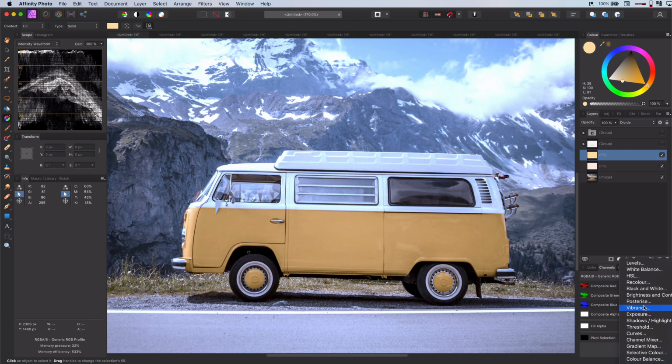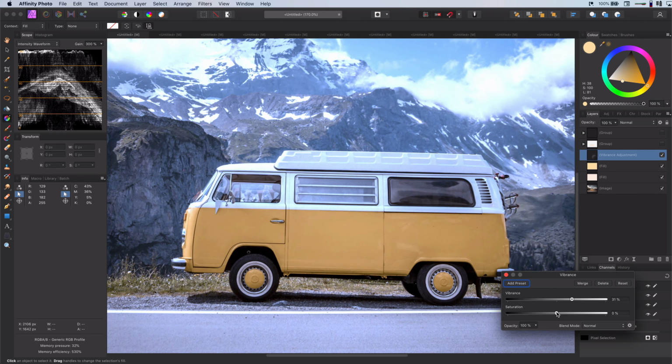To get even more contrast, add a vibrance adjustment layer. Now we can apply the original